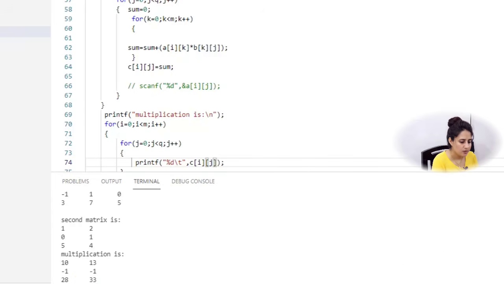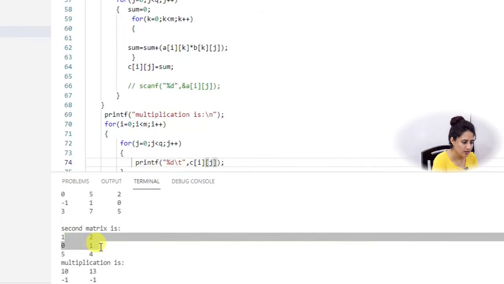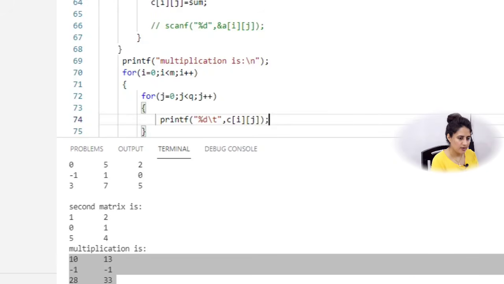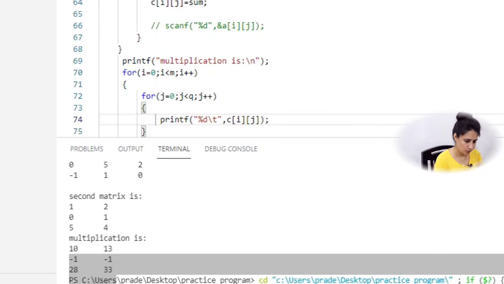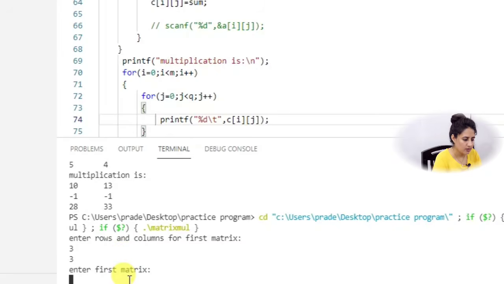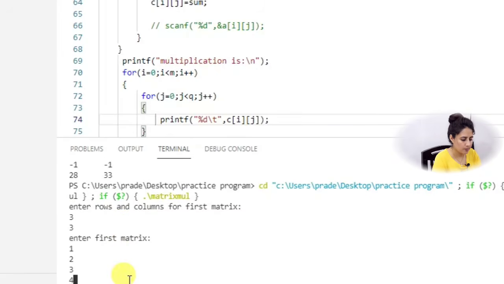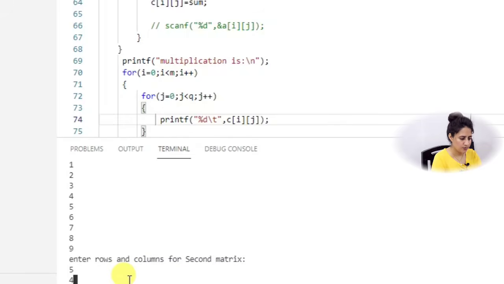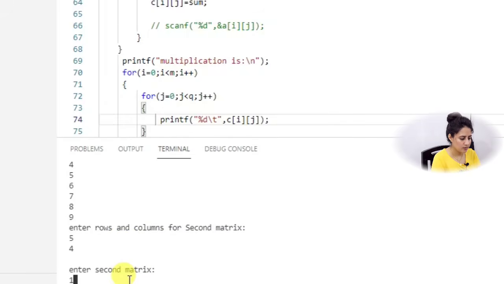See, this is first matrix, right. This is second matrix and this is the multiplication of these matrix. And see, let me just run this again and show you one more output, like if you cannot multiply the matrix, that kind of thing. So, number of rows I am taking 3 and 3 and matrix, and number of rows and columns of second matrix I am taking 5 into 4. So, second matrix would be